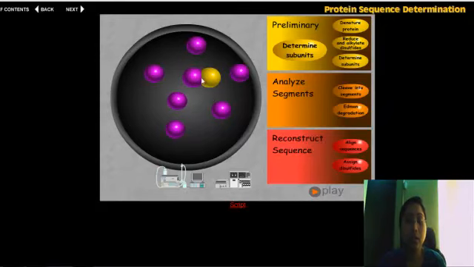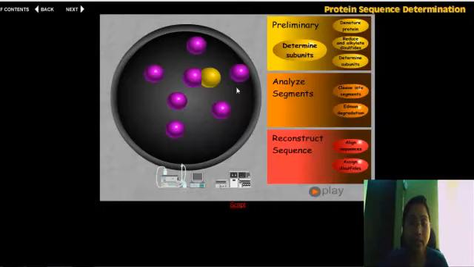How is it done? The protein is reacted with dansyl chloride. Now dansyl chloride has the ability to bind to the amino acid present at the N-terminal region. So if the polypeptide has only one N-terminal region, it will bind to that amino acid. The protein of interest which we are working on right now, as an example, has only one amino terminal region, so the dansyl chloride has attached to the amino acid present at the amino terminal. After that, acid hydrolysis is done.